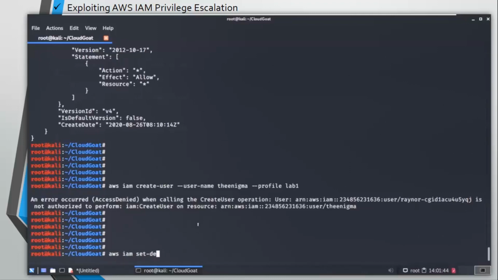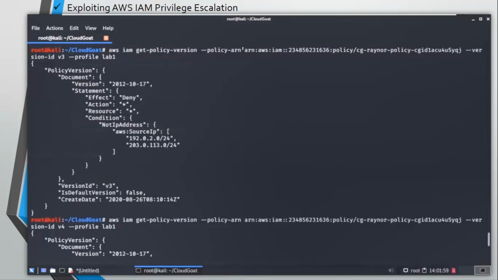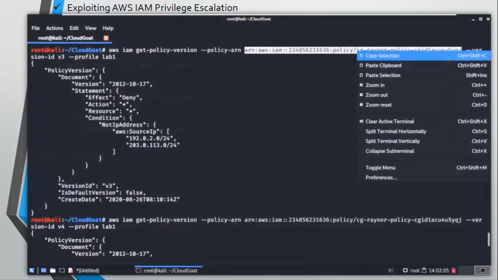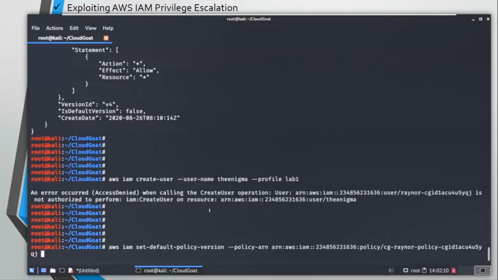So aws iam set-default-policy-version. You can see that I just pressed tab and it autocompleted the entire command. Just copy paste the policy ARN, then --version-id, and make sure you enter the correct version.